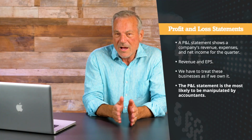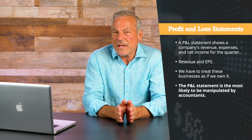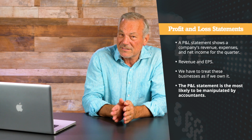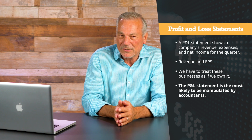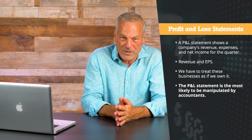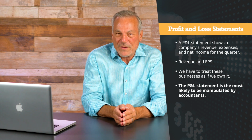This one, when we talk about P&L, I want you to understand it in the context of all three of the financial statements. Of the three financial statements, the P&L is the one that is most likely to be manipulated by clever little accountants out there who want to make their company look good to the people who don't look too deeply. In other words, the people who are spending 85% of the money in the market, the professional investors